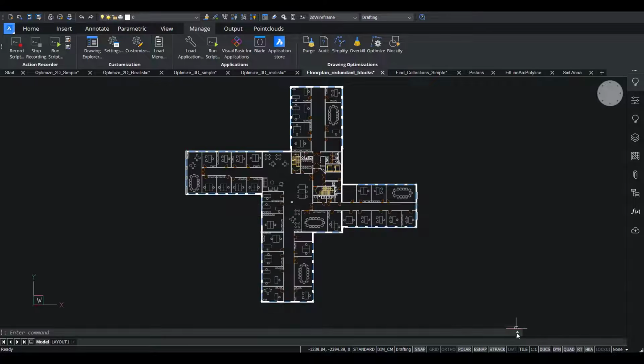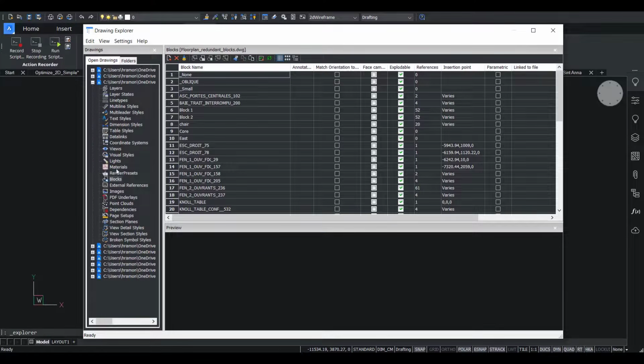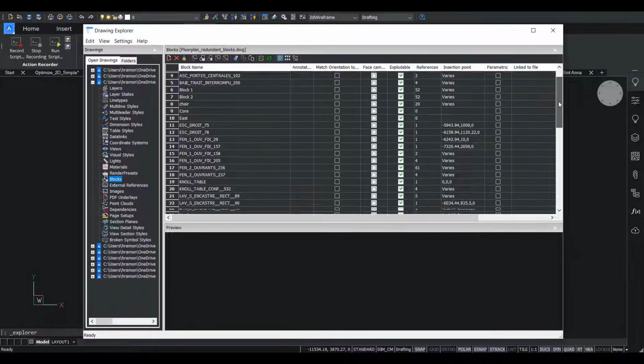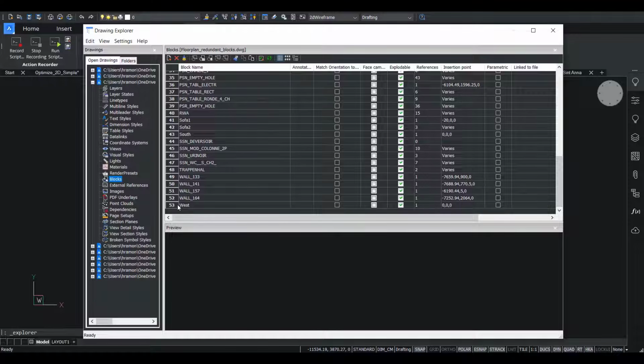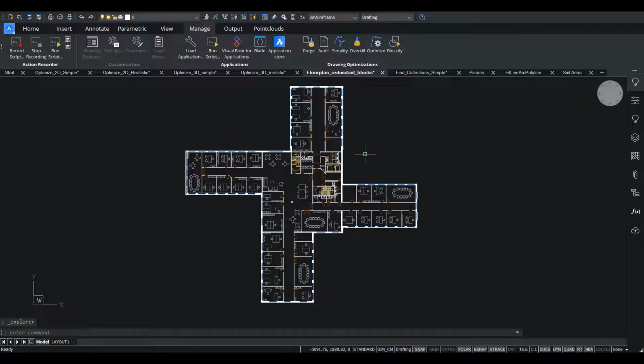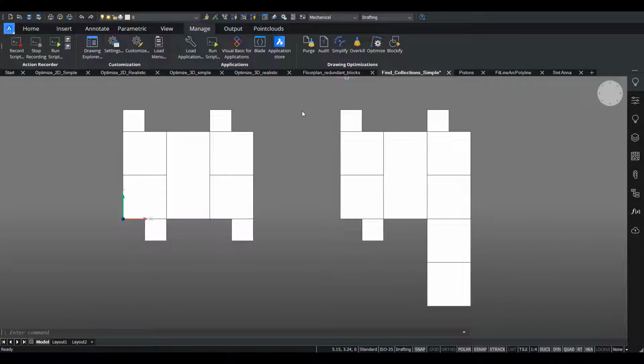Now, if we go back to the Drawing Explorer, we can see that now the drawing only contains 53 block definitions. Also, the drawing looks exactly the same, but now we have fewer block definitions and there is no duplicate information in this drawing. As a next improvement to the drawing optimization tools, we have added a new mode to